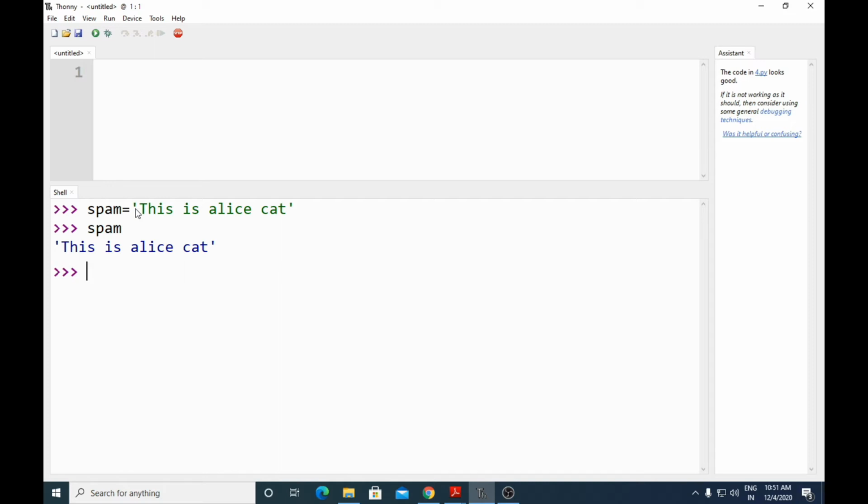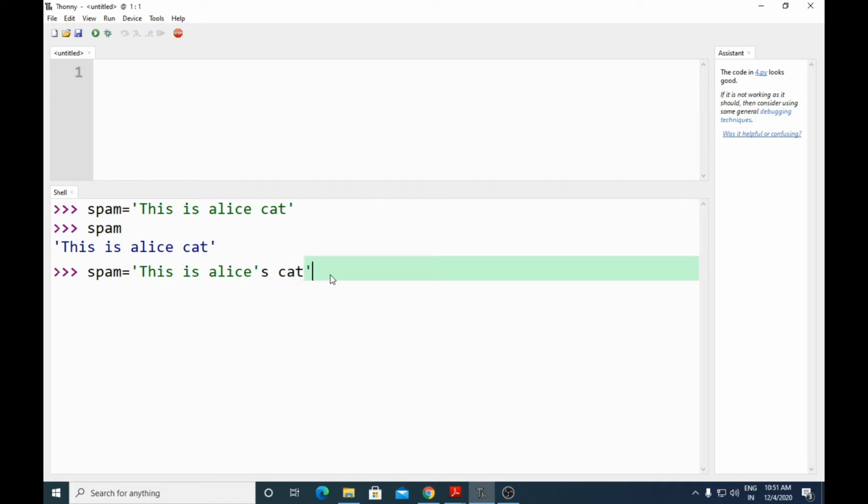So you can use single quotes as well as double quotes to enclose strings, but the disadvantage of single quote is that, for example, if inside the message you have one more single quote, as I've written here in this is Alice's cat, what Python will think is that this is the end of the string, and the rest is not part of it.